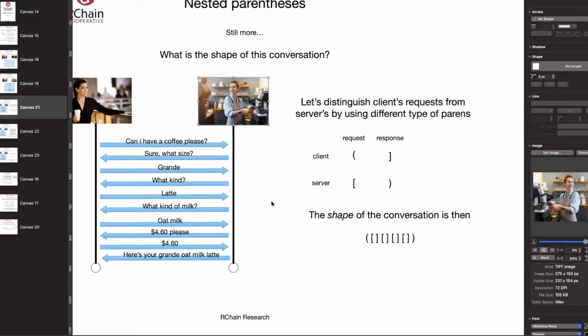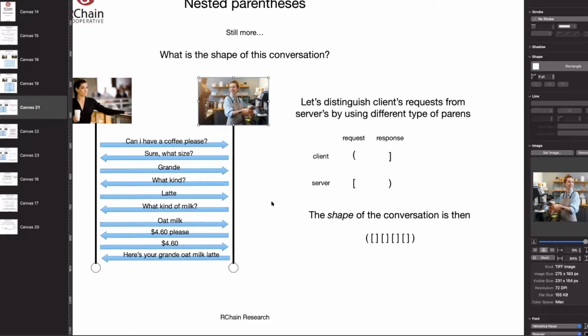So we could change up our representation in terms of parentheses. You can imagine a table, right?